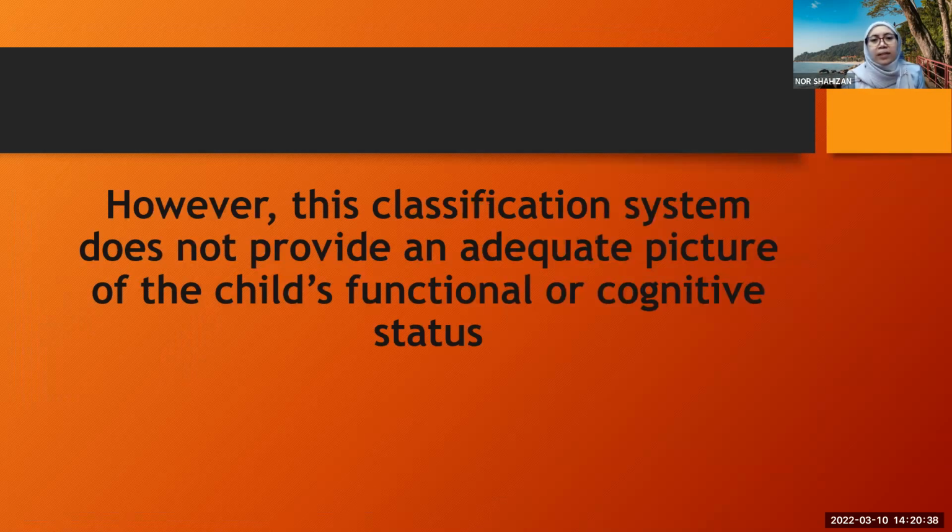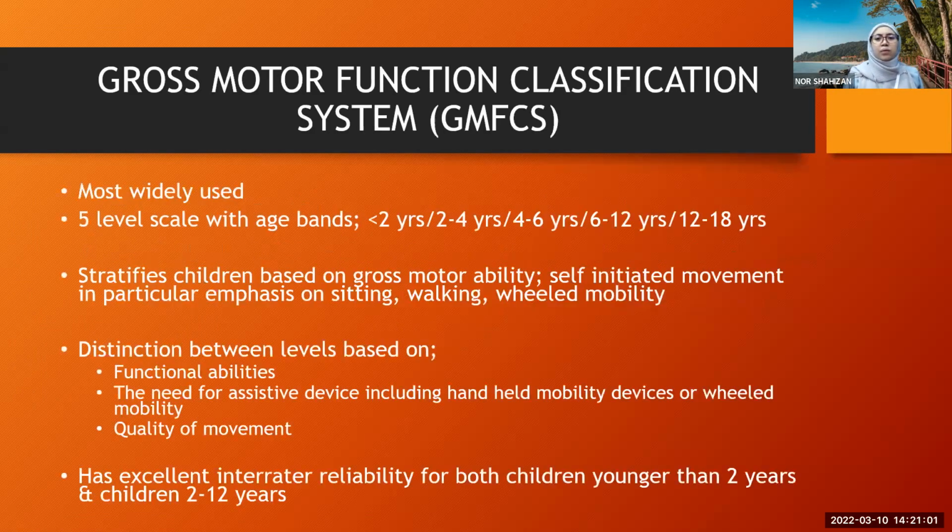However, this classification system does not provide an adequate picture of the child's functional or cognitive status. It just describes the presentation or the features of the child, but it does not relate to the functional or cognitive function of the patient. So what do we use to classify the CP patient? We use the Gross Motor Function Classification System, or GMFCS. It is most widely used. It has a 5-level scale